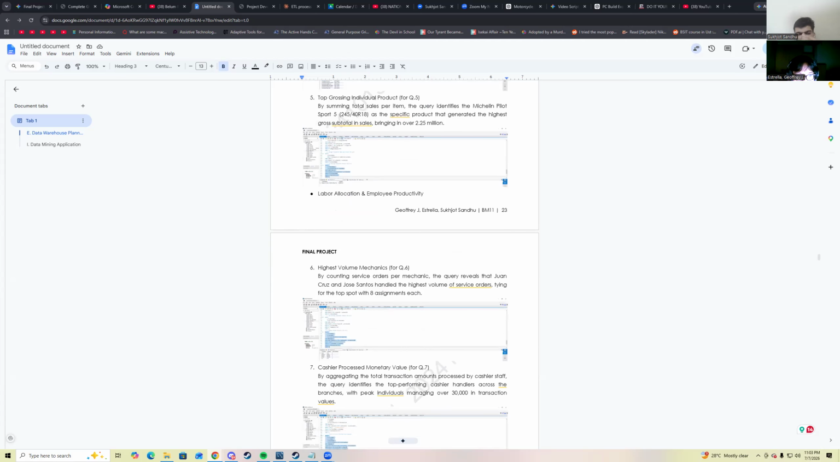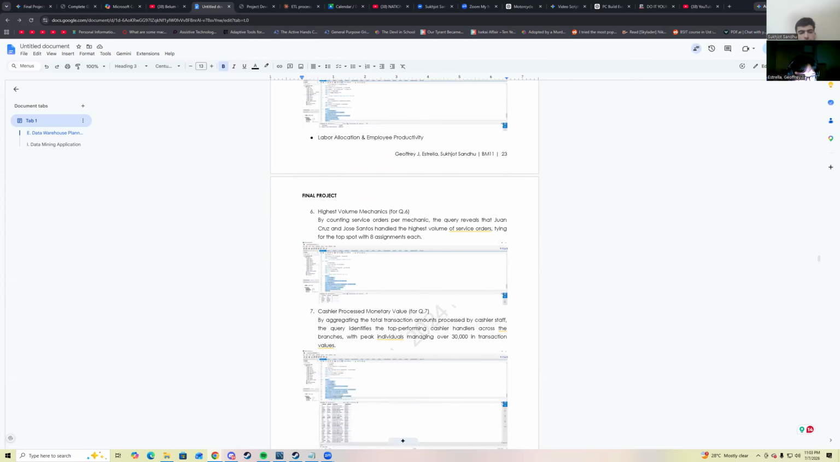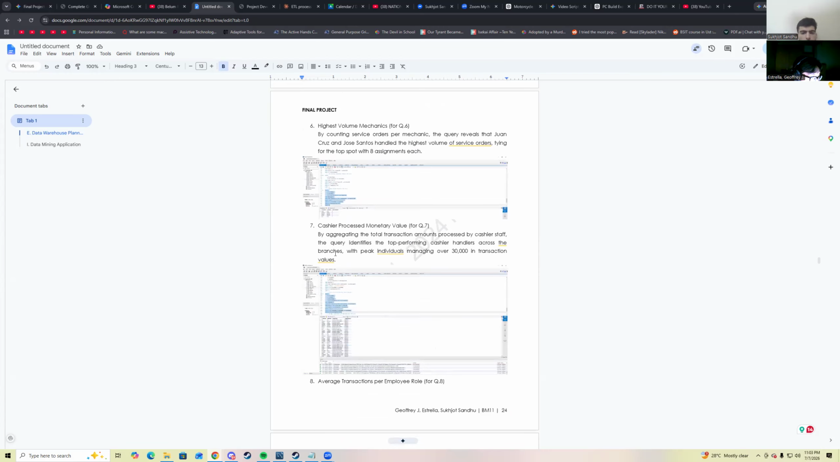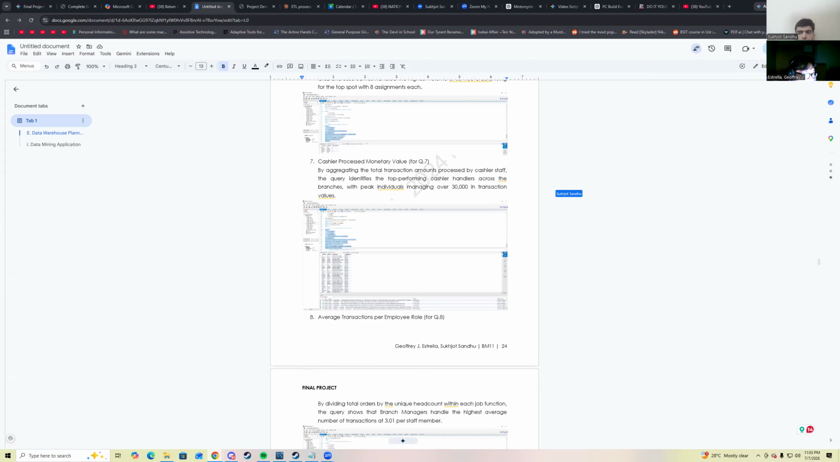Next part is the labor allocation and employee productivity. So the summary is, we no longer have to guess who our top performers are, and the data shows that the mechanics, Juan Cruz and Jose Santos, are tying for the highest volume of service orders. And when we look at the branch efficiency, Angeles City takes the top spot, operating with the most productive staff